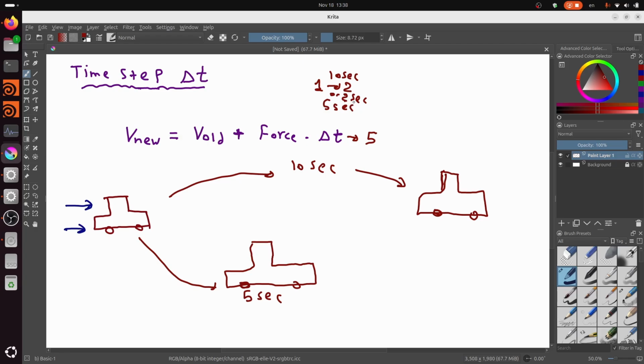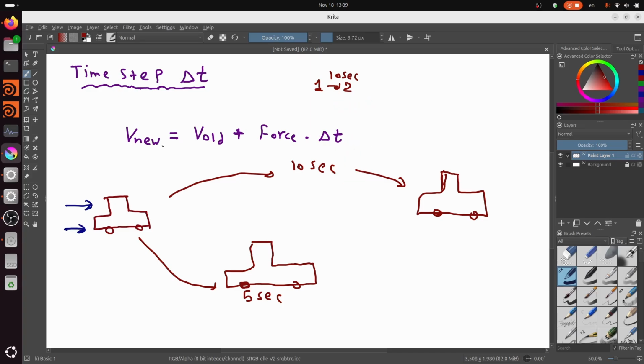Imagine that you have a complex smoke simulation, for example, and you are computing the velocity and all of the fields every 0.2 seconds. This surely will make your simulation more accurate than, for example, a delta t or a time step of 10 seconds, because you are computing things every 0.2 seconds, and this will make Houdini capture more details. Okay,